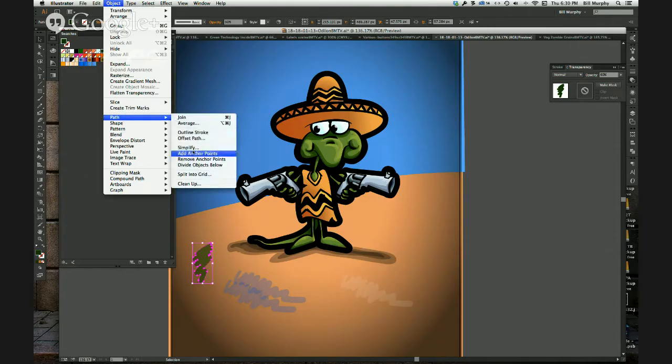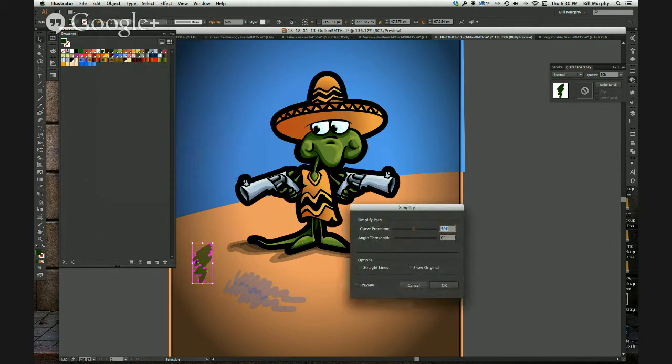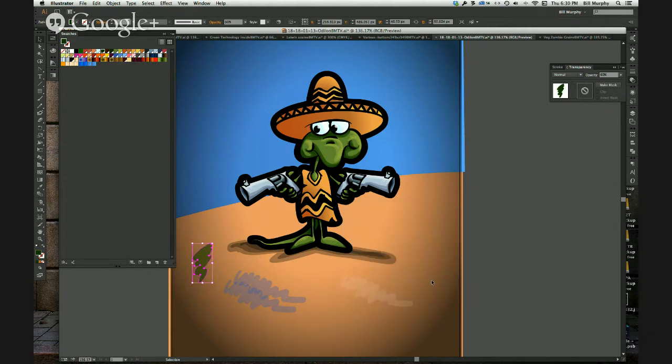One quick way to fix that is path, simplify. So it's object, path, simplify. Like I said, this isn't that bad on the little example I have selected, but you can play with it. You can see 26 points. I still pretty much have the same shape, and I'm down to 11 points. Now I've seen things go from like 20,000 points at 95% of the original shape, and I'm down to a few hundred points. I'm like, why doesn't it just draw it that way originally? Not sure, but